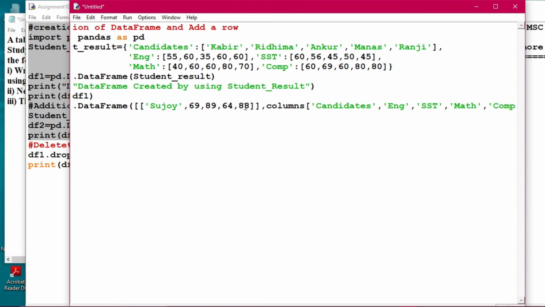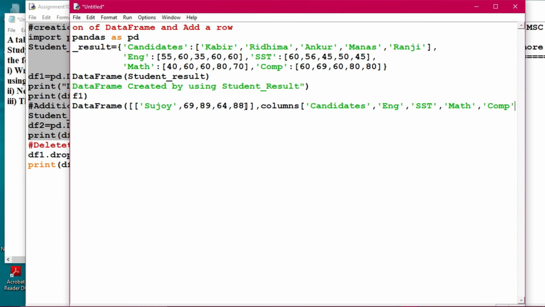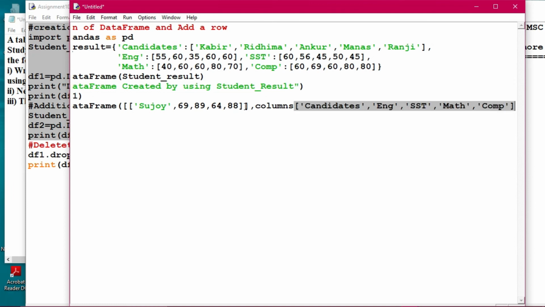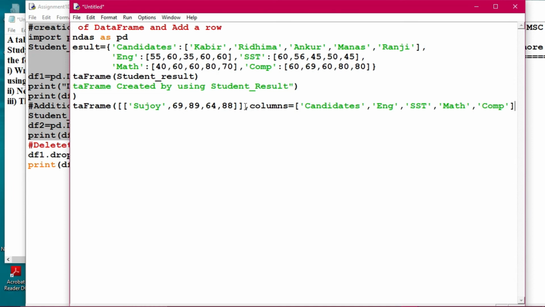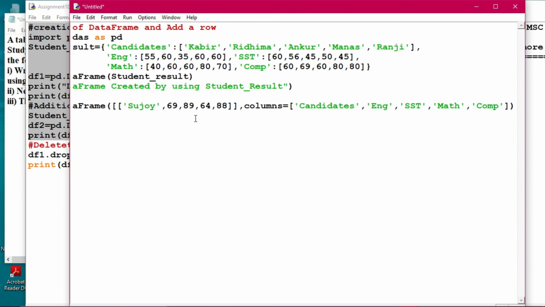Whatever data has been given has to be written. Then close it, and close it again. Don't forget to give an equal to sign over here, otherwise it will cause an error. Equal to sign over here, and then this was completed.